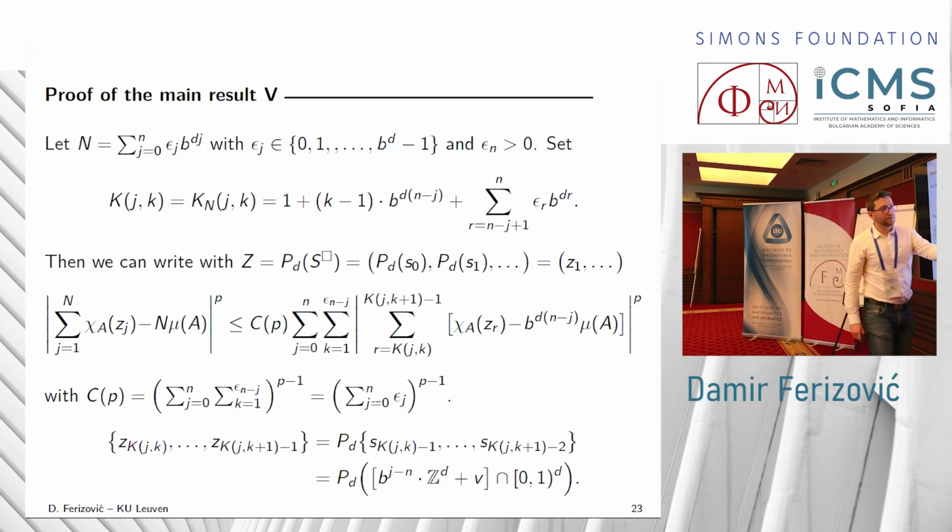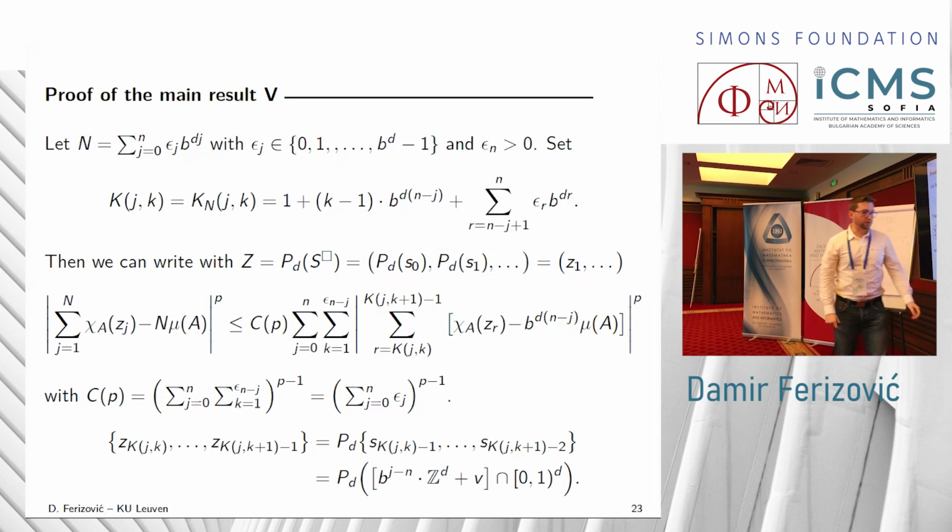Now, let's use the previous lemma. So these points, z of k, jk till jk plus 1, right? This is exactly the index, the projection of the points k, jk minus 1. So I'm sorry for this shift, right? We start with S0, and this we call then z1. But from the previous lemma, we have seen that this expression, k, jk minus 1, is just this value, and we just go exactly as far to hit essentially the next power, which is just the perturbed lattice